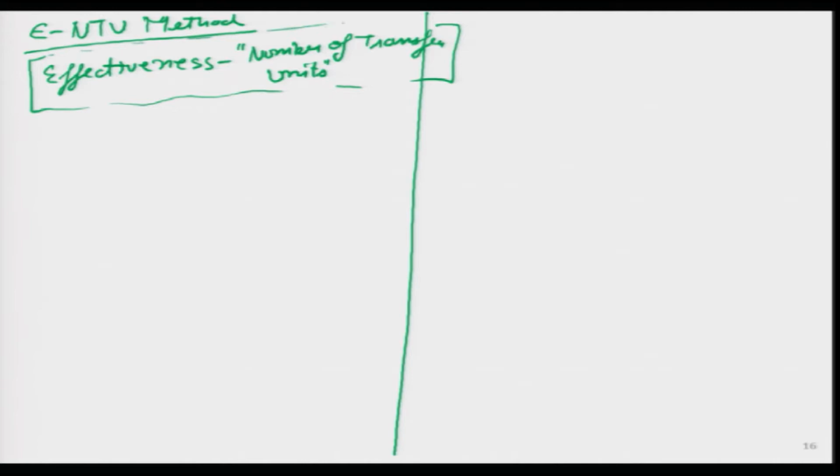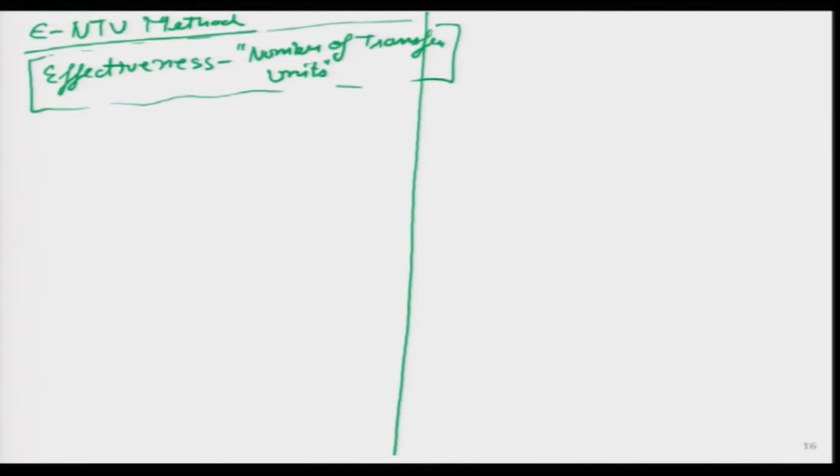So, I think students may remember the epsilon value we studied earlier as well when we were looking at extended surfaces in conduction. So, what was the definition of epsilon or effectiveness for an extended surface or a fin? That was the actual heat transfer enhancement with fin and without fin. So, we wanted to figure out how much improvement there was, and the same thing we want to do here: what is the actual rate of heat transfer in any of these cases? For example, it could be parallel flow, counter flow, cross flow or shell and tube type.